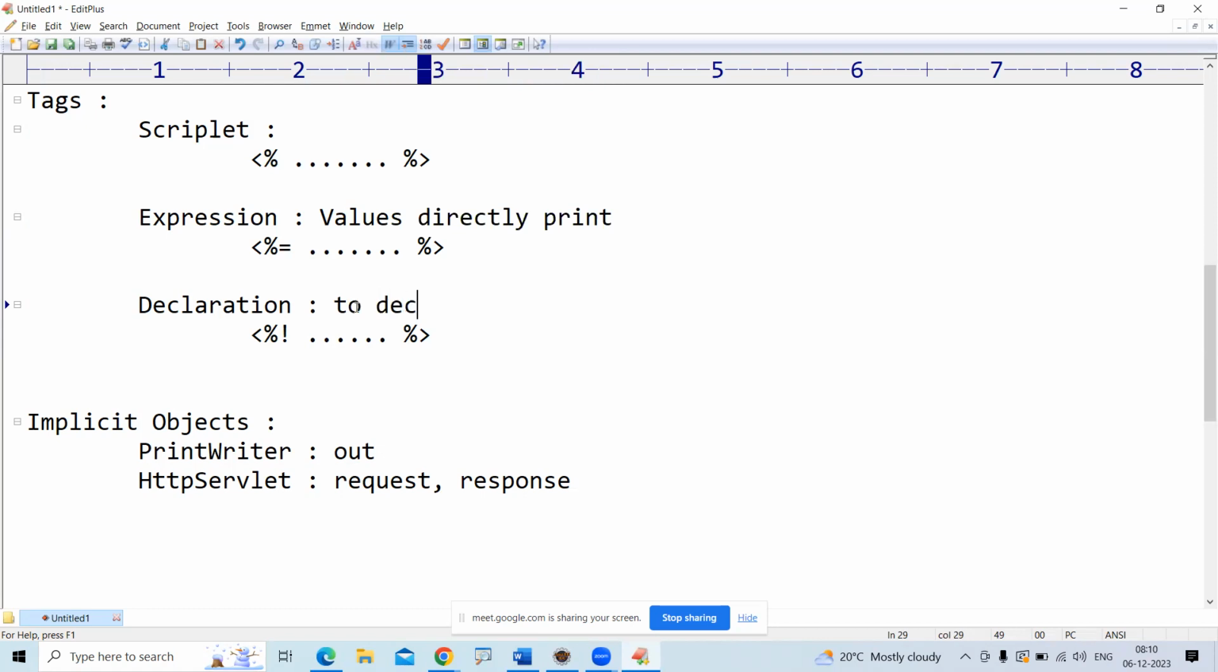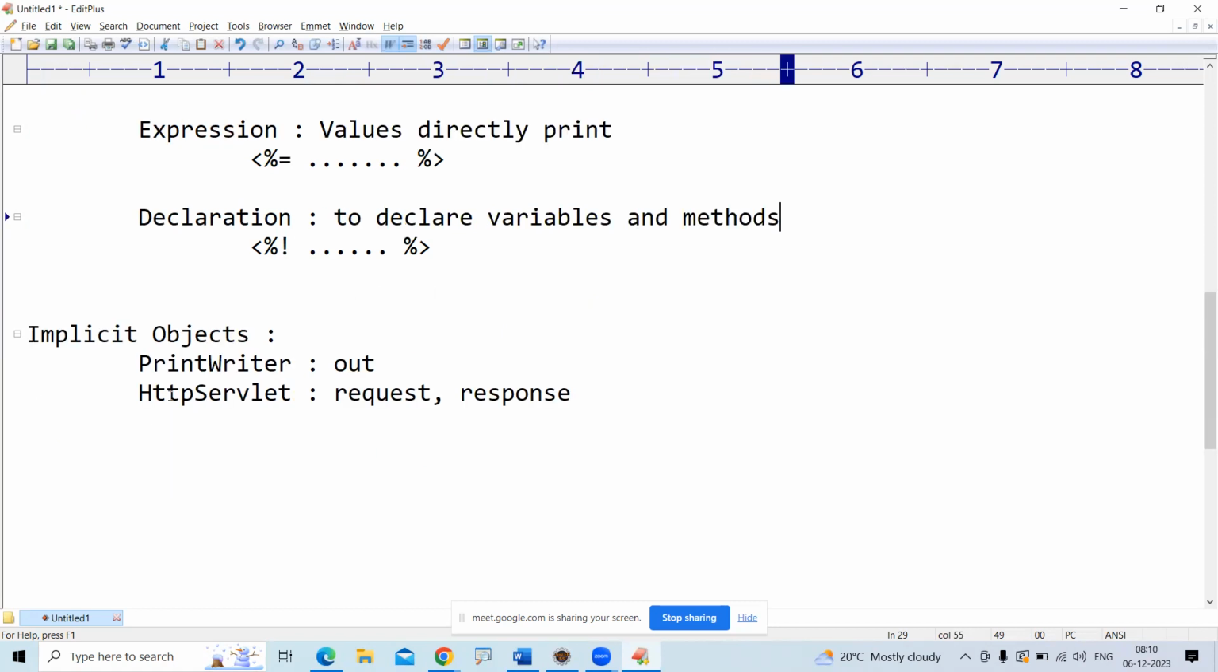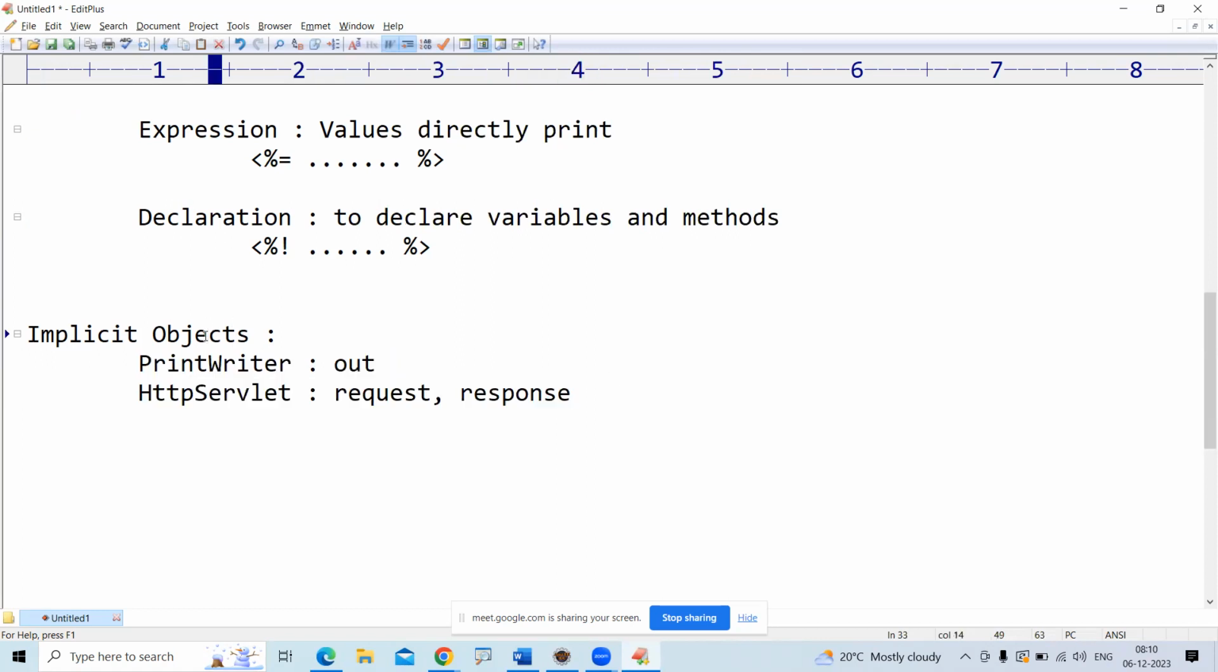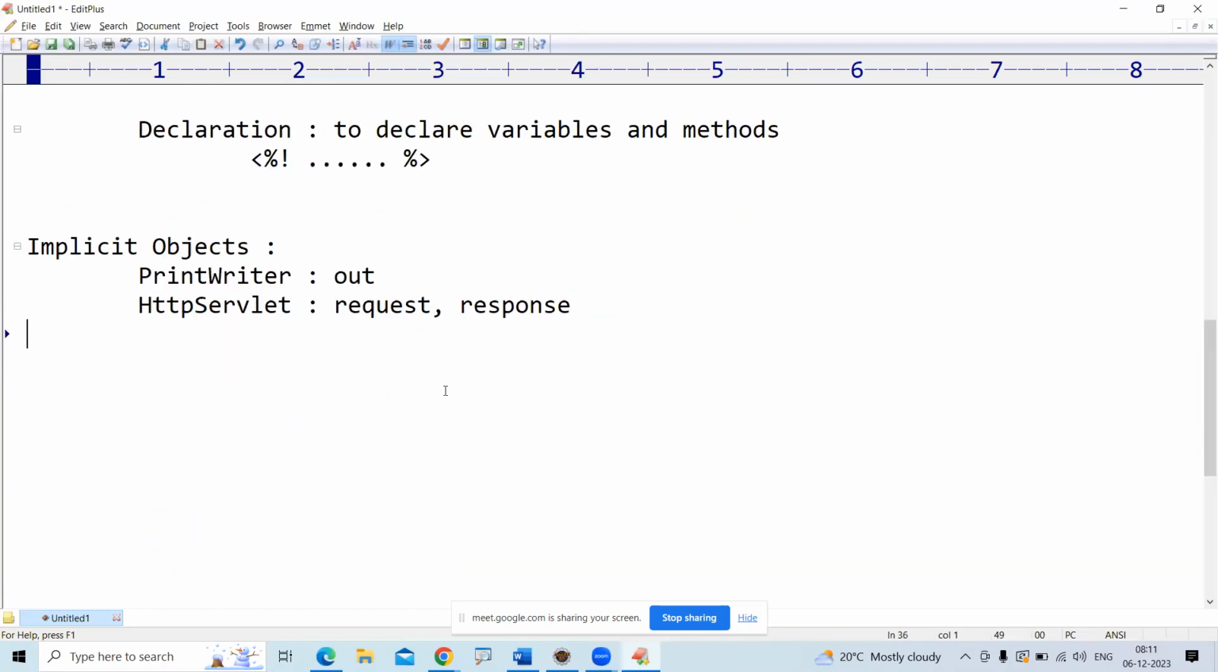Declaration tag means what? To declare variables and methods. Simple answer. Here all the required objects are available implicitly, so you can use them directly. That is okay. The next one is,